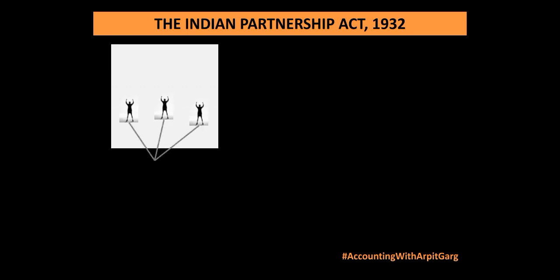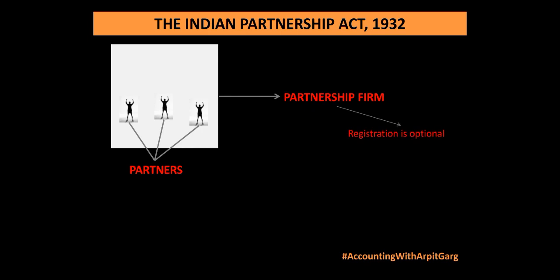As you can see in the diagram, when more than one person joins the business, they are called partners. And the business which they carry on jointly is termed a partnership firm. Again, some points we must keep in our minds are that according to the Partnership Act, registration of partnership is optional. This means that it is the wish of the partners whether they want to get their firm registered or not, because the Act gives us the facility to get the firm registered at any time either before or after the commencement